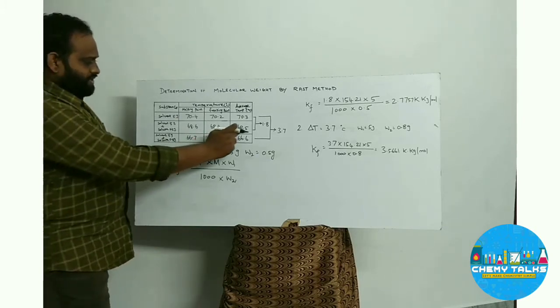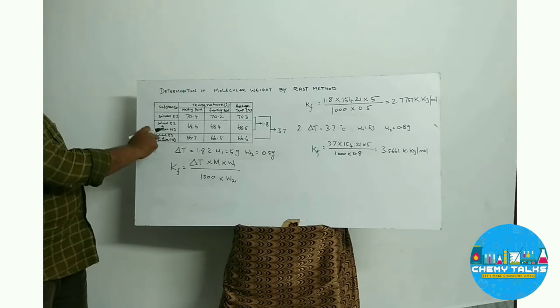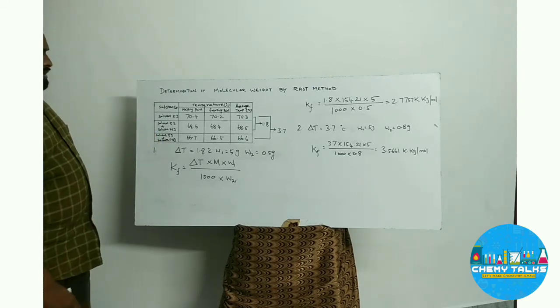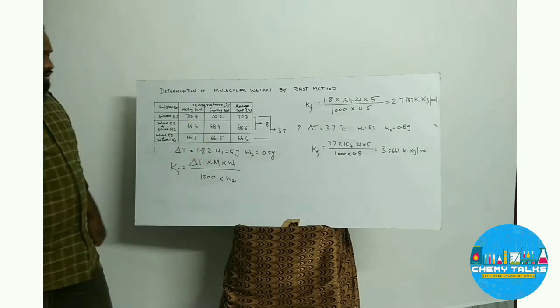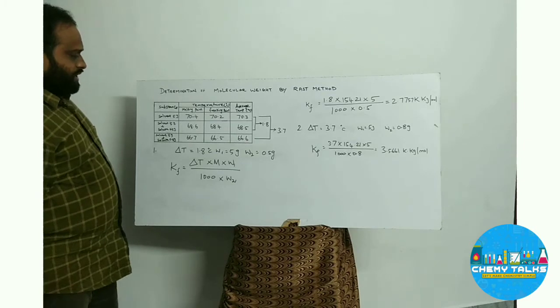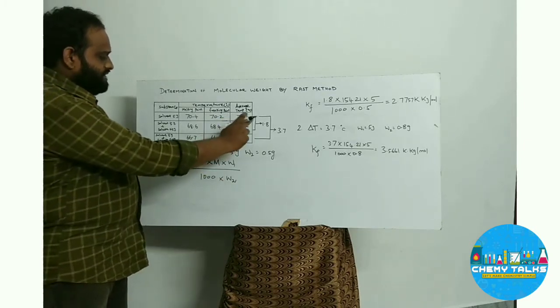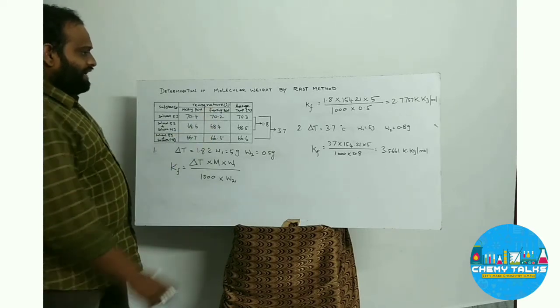We get an average of 68.5. Further addition of solute to that solvent still lowers the freezing point, to about 66.6. From the two different temperatures, that is, the depression in freezing point, we will get two Kf